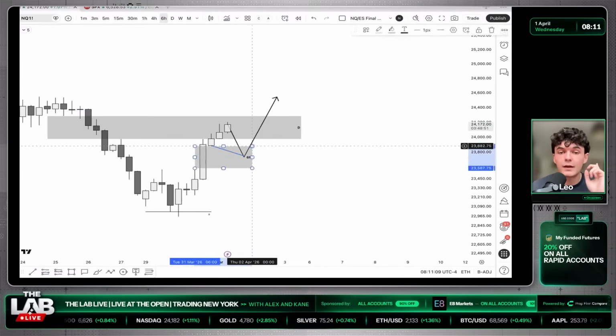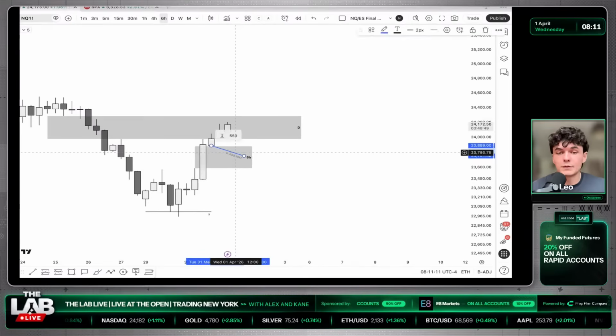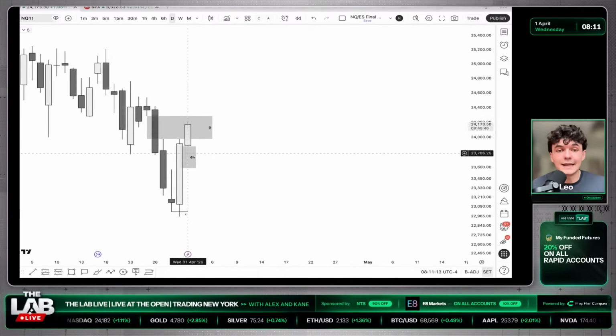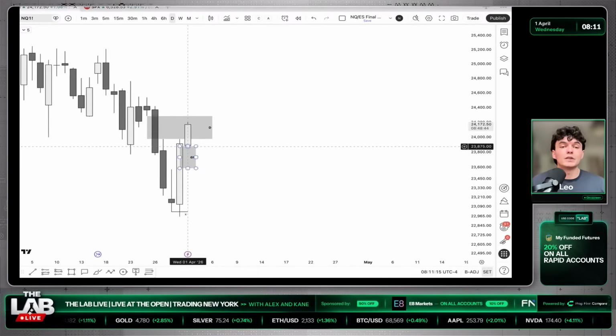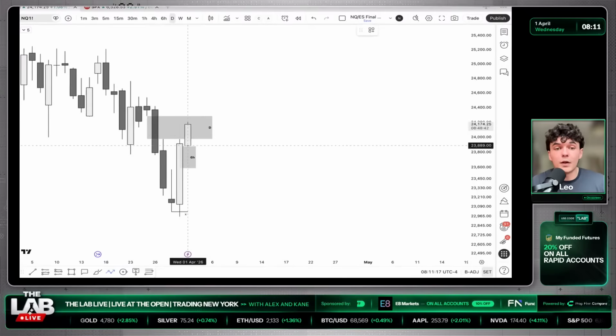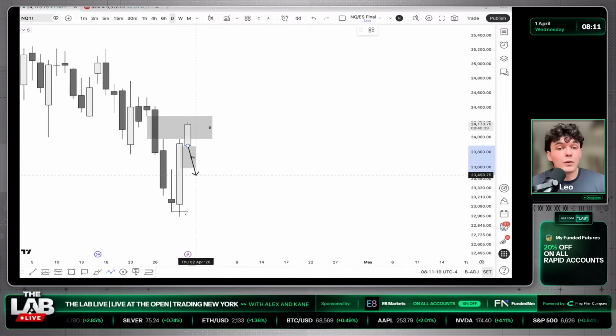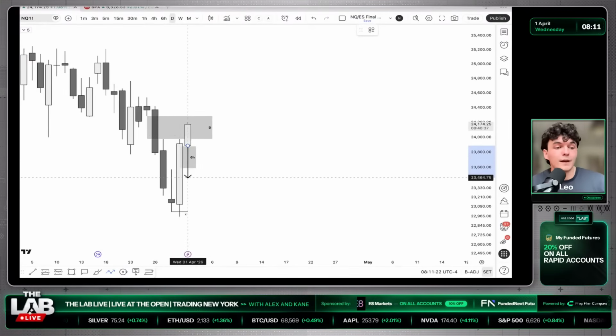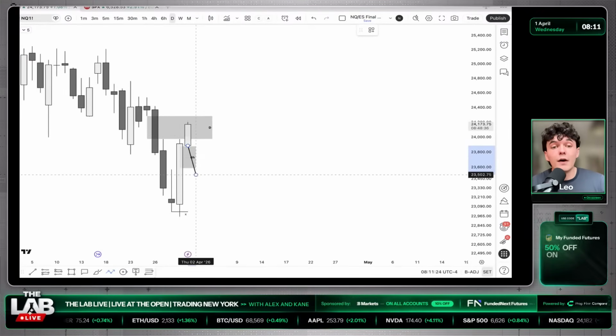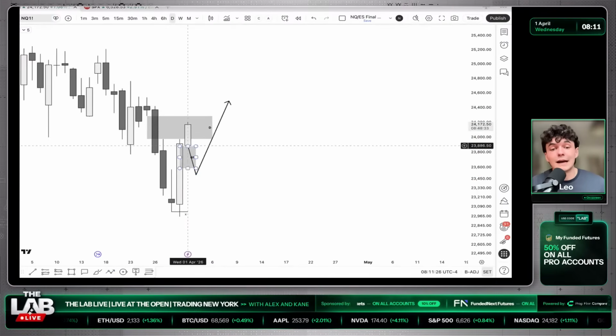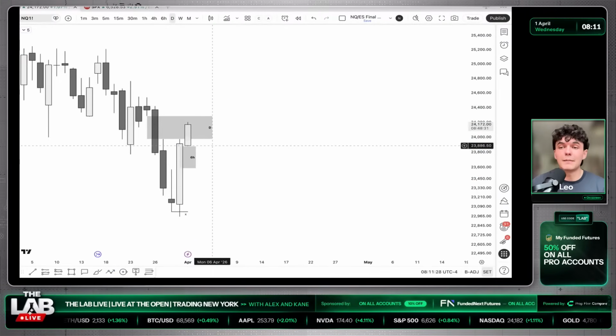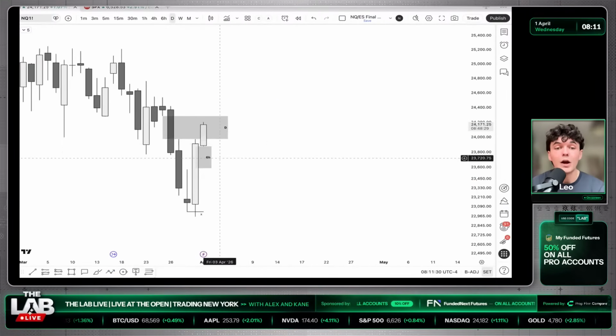The only thing of note here for this potential setup is that, because of this daily, typically when I look for an expansion, I want to see what form on the following candle. The open typically leads to a retracement within the upper 50% of the previous daily move, followed by an expansion higher. But as we can tell with candle 3 here, it just immediately decided to expand higher,